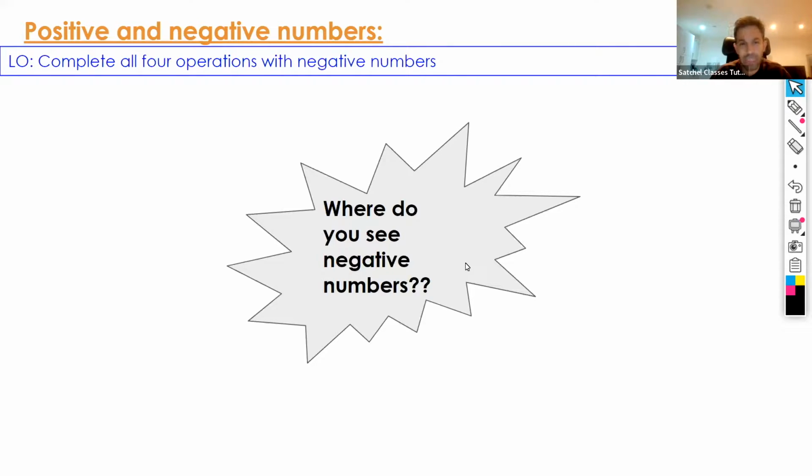Now, in terms of where we see negative numbers in real life, you can pause the video and think of some examples, but generally negative numbers are used in the banking system. So for instance, you might go to a bank and currently your balance is on 0. So you have £0 in your bank account and you borrow £10. So when you borrow £10, your account actually goes into a deficit. So you will have minus £10 in your bank account because you've borrowed